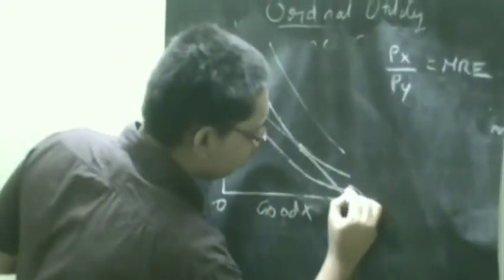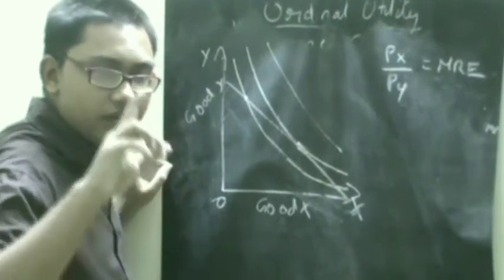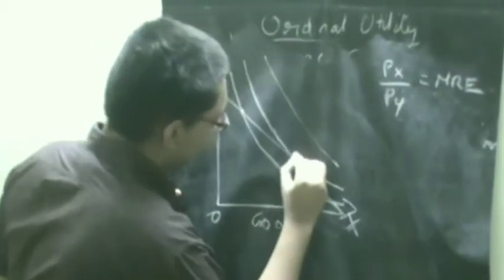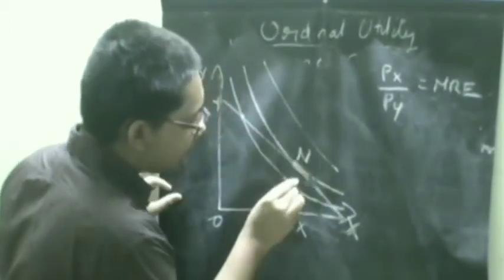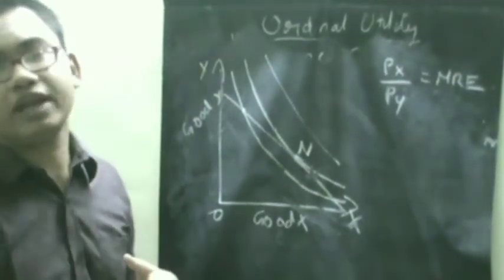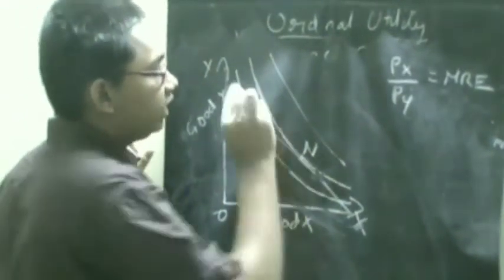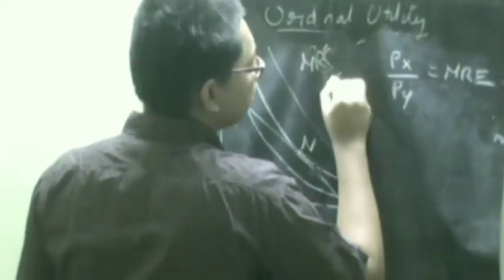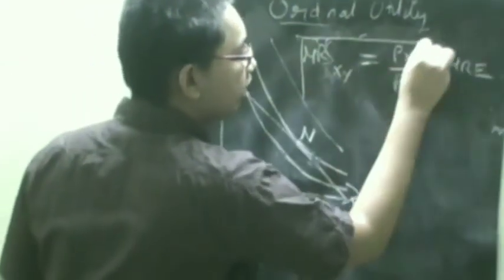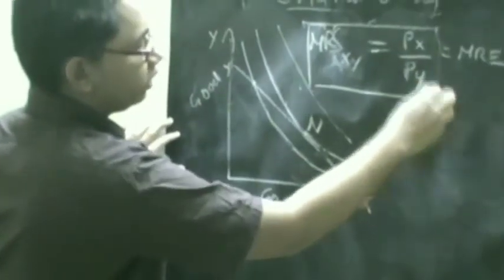In this curve, the budget line is touching the curve at 2 points. That can't happen because the budget line should touch the highest indifference curve. So here look, at this point let's say it is N. At N, the budget line is tangent to the indifference curve. What will happen at this point of tangency? The slope of both the indifference curve and the budget line will be same. That is MRS XY equal to Px by Py. This is the condition for equilibrium of a consumer. Okay, at this point N, the consumer will be at